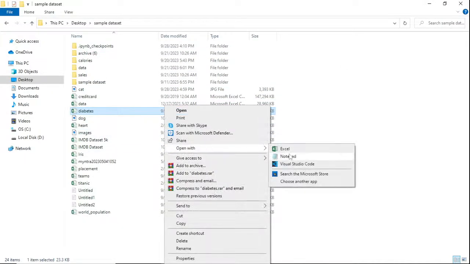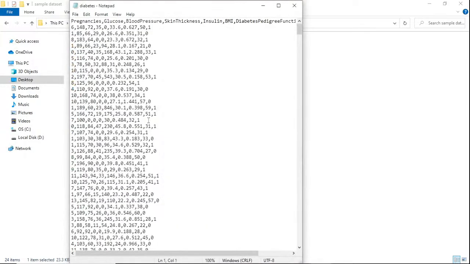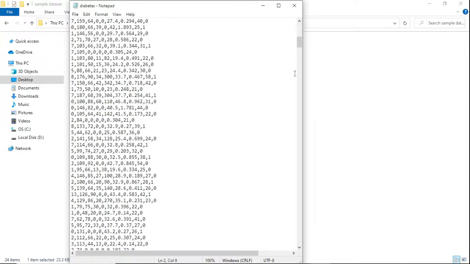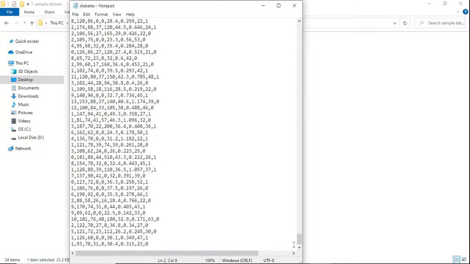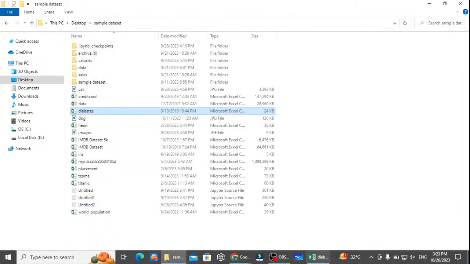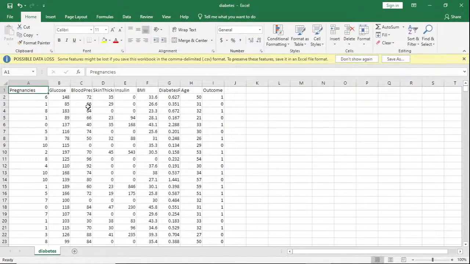If you open it with a notepad, you could see that all the columns are separated with a comma. It's a delimited format, and this is the raw data. If you open it with Excel, you get a nice table like this.